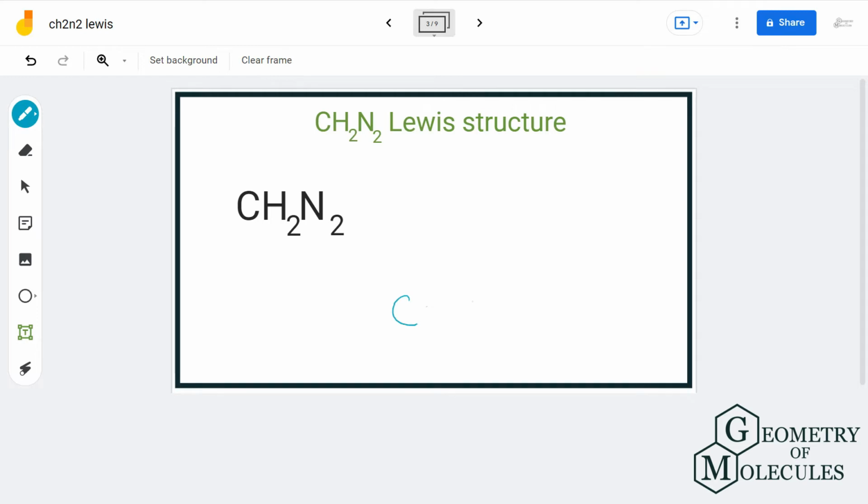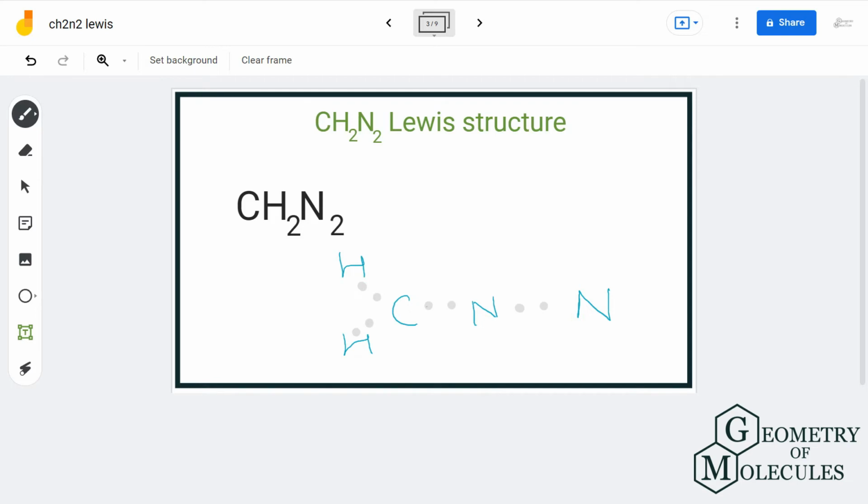We will arrange carbon and 2 nitrogen atoms in series like this and arrange 2 hydrogen atoms on this terminal carbon. Let us put 2 electrons between each atom for bond formation. This way we have used up 8 electrons and we are left with 8 more. This carbon atom needs 2 more electrons for complete octet. The nitrogen in the center needs 4 more and this one needs 6 more.